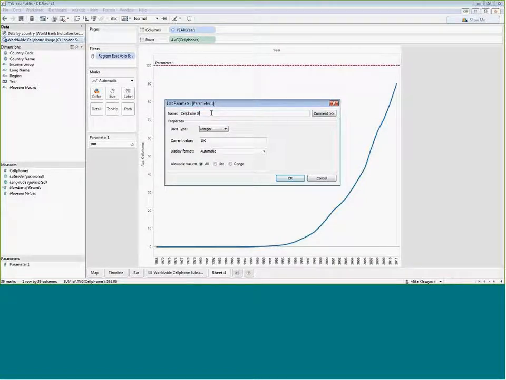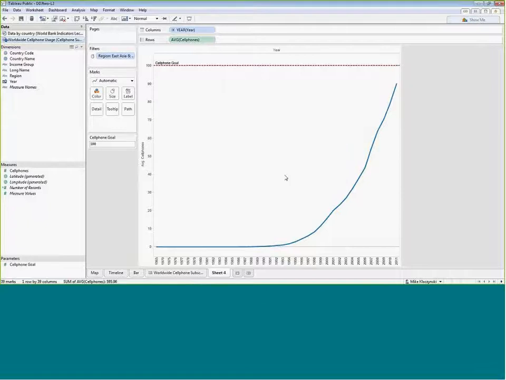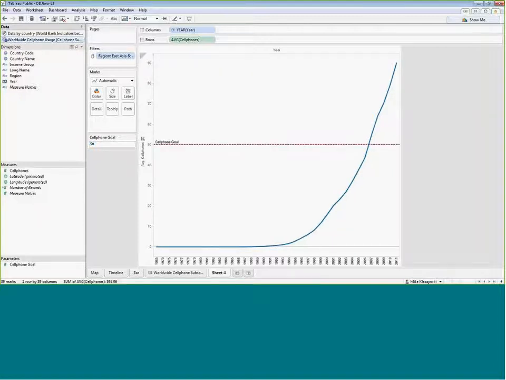We now have a way for a user to input a value. That value now shows up as a field, and we can now have this particular parameter interact with the rest of our dashboard. This is as simple as what we did, just dragging that parameter out. It can be used for a reference line. So we'll go and take the parameter off,